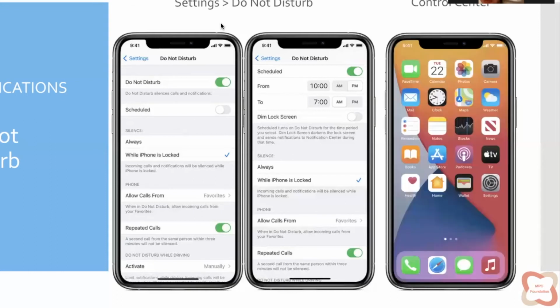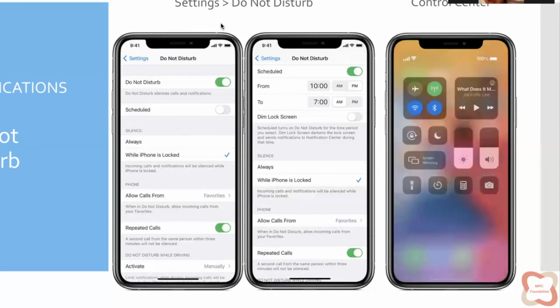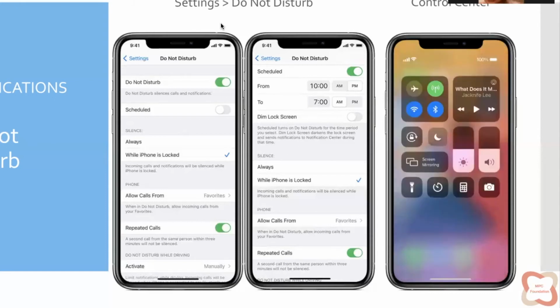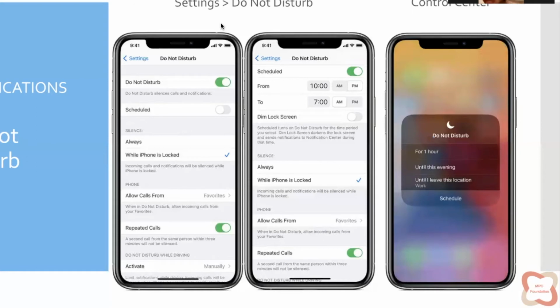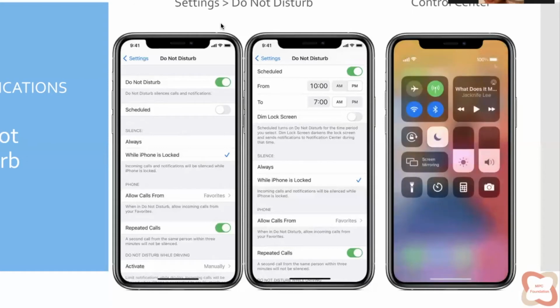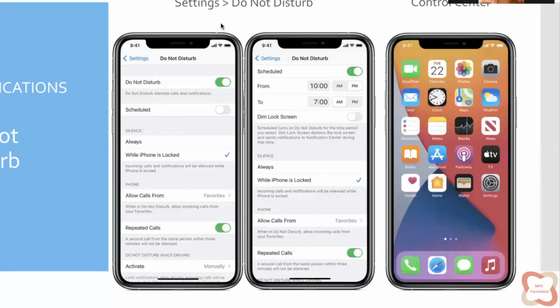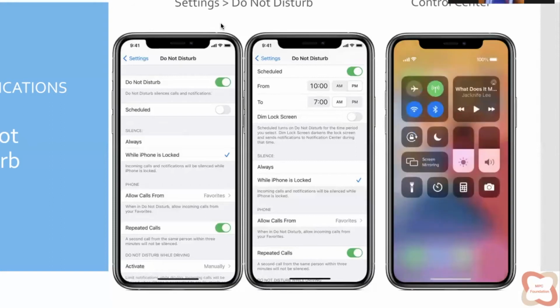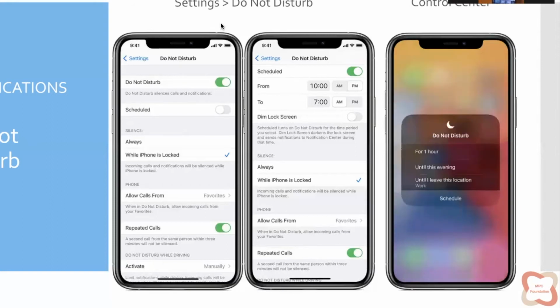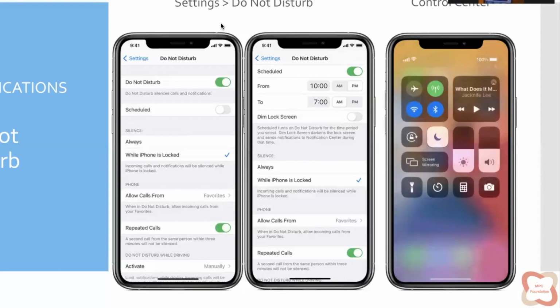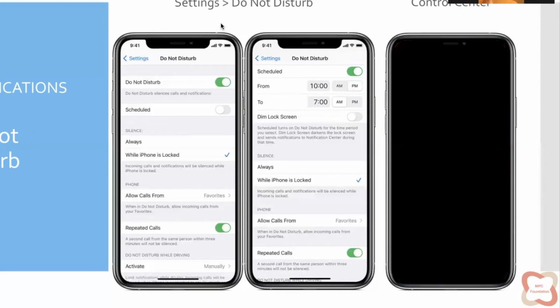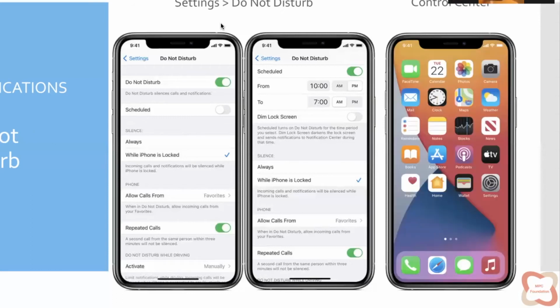The easiest way to turn it on is to go to your control center and turn on the moon-like symbol. So I'll show you how to turn it on in case. Can you see my screen right now? Yeah. So I'm on the home screen right now. If you scroll it down, do you see the moon button here? Yeah. So if you click that,